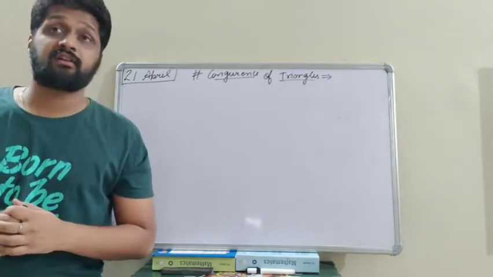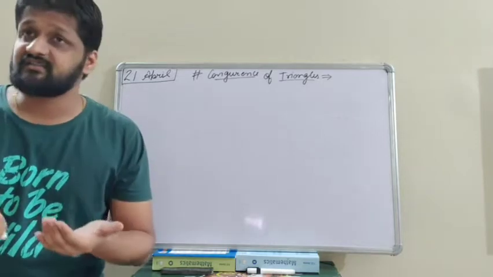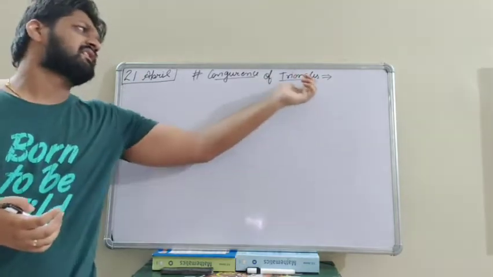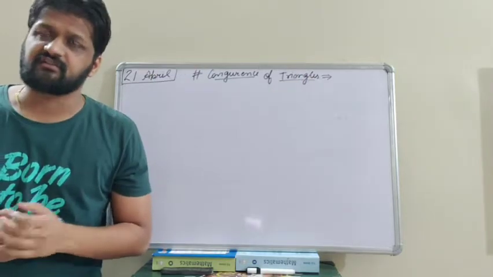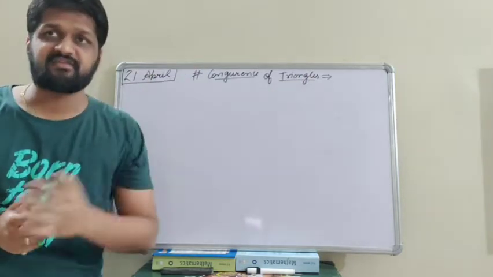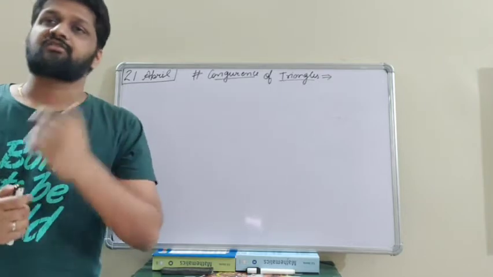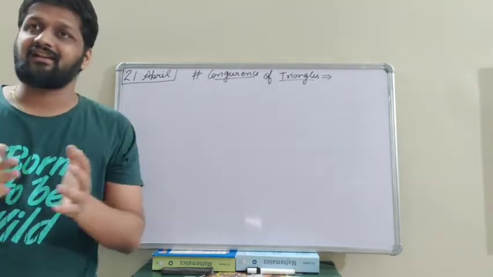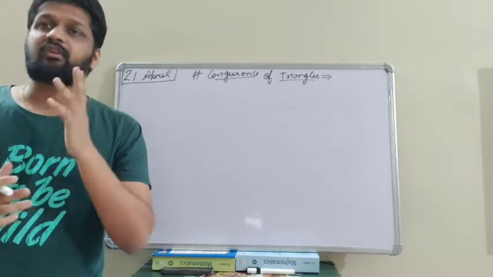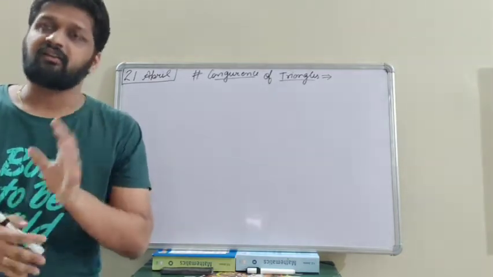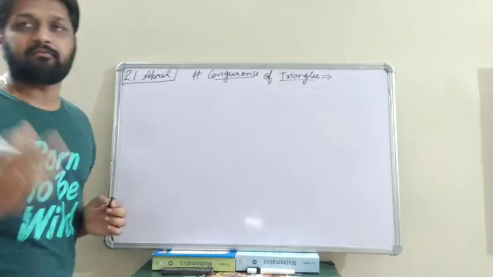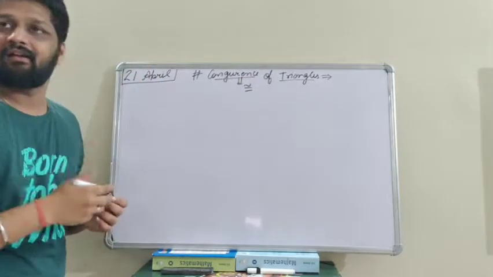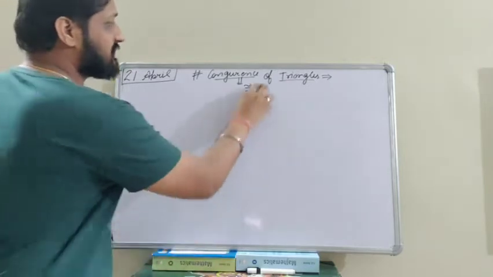What do you mean by the term congruence? Congruence means exactly the same. Exactly the same means all the sides must be equal, and if we take the case of a shape like a triangle, exactly the same means the sides will be the same, the angles should be the same, and the area and the perimeter come out to be the same. Exactly the same or identical two triangles are what the term congruent means. And what is the symbol of that? The congruent symbol is an equal to sign with one tilted line over the equal to sign.